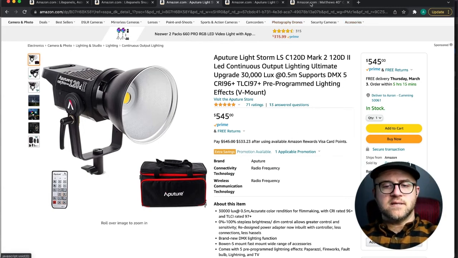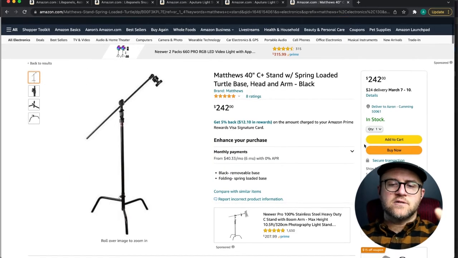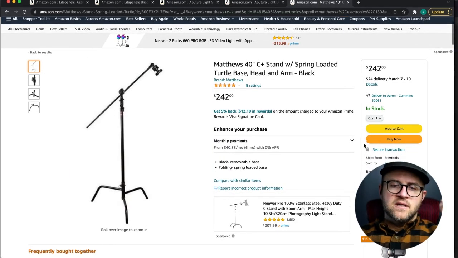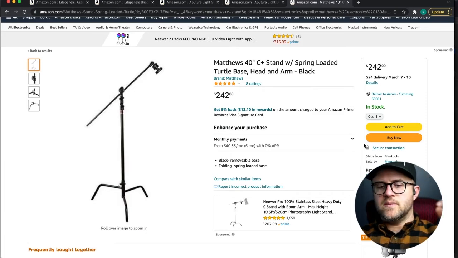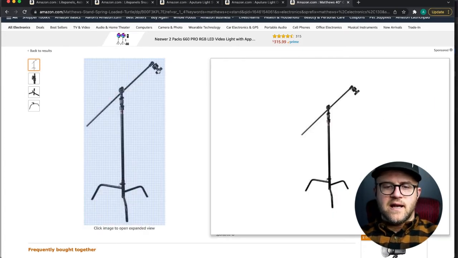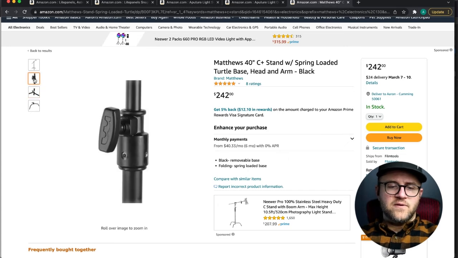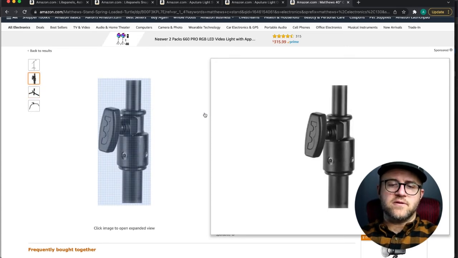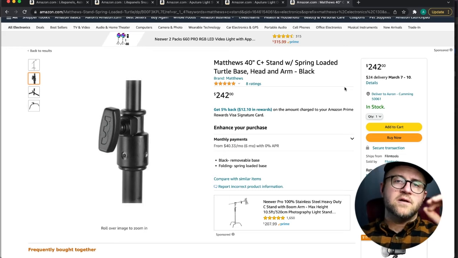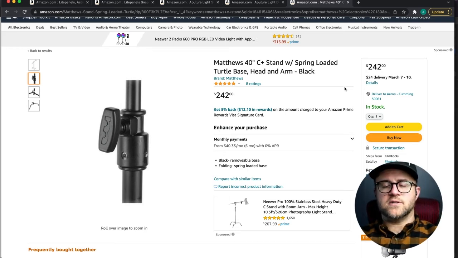So, and speaking of stands, I mentioned that before, the best stand in the industry is the Matthews C stand. This one has the extension arm and the gobo head. The gobo head is this little head up here. Has the head here to adjust the arm, and the base here is fantastic. If you're on unlevel ground, if you want to be on a stairs, you can move the leg up to adjust to a stair, and these will come apart if you need them to. Matthews is the industry standard. Matthews is used on every single Hollywood film out there, guys,